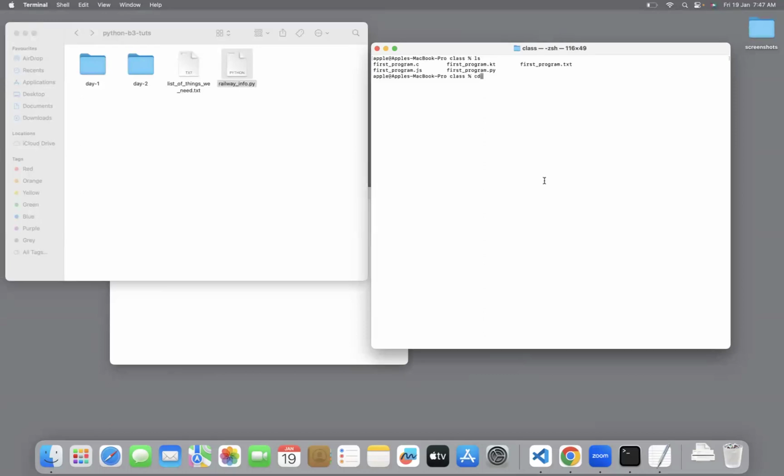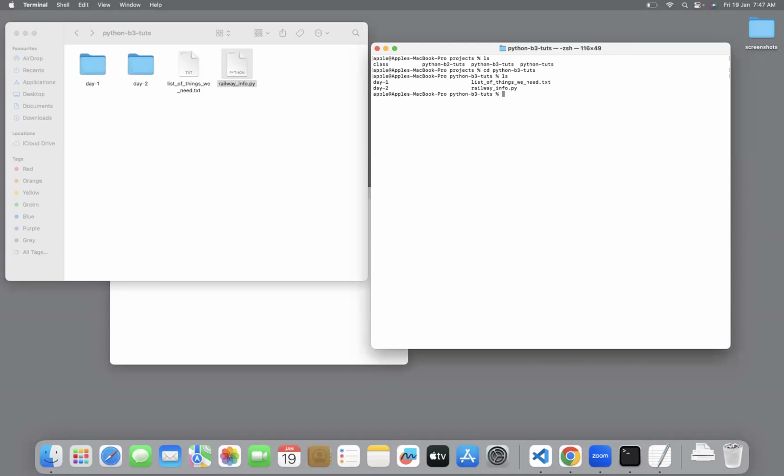Here also you could see, one second. Yeah, I have to get into this Python B3 tuts folder. You have to change your directory to where you have stored this file.